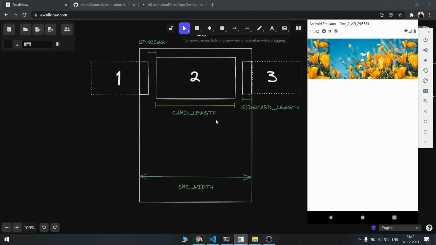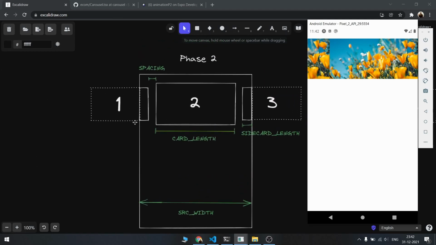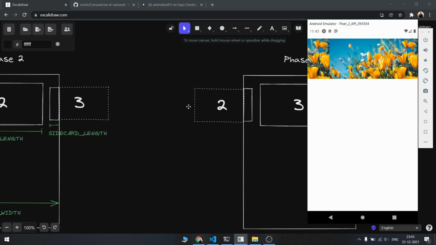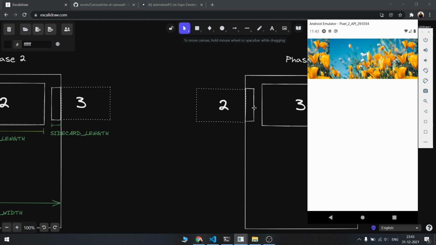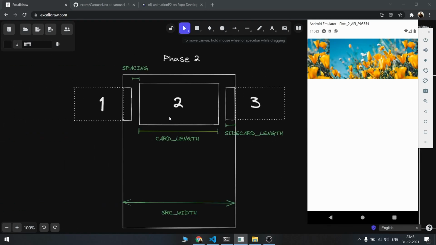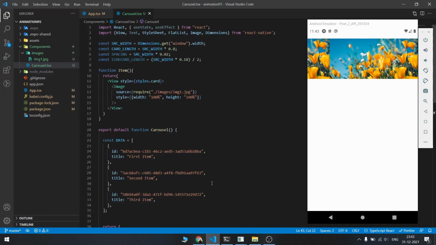And in phase 2, that is at index 1, on both sides we will have the margin of spacing, and similarly on the third we'll have spacing as margin left, and on the margin right we'll have this much space. So the margin that we assign depends on the index of the item that we are displaying, right? So let's get the index first.